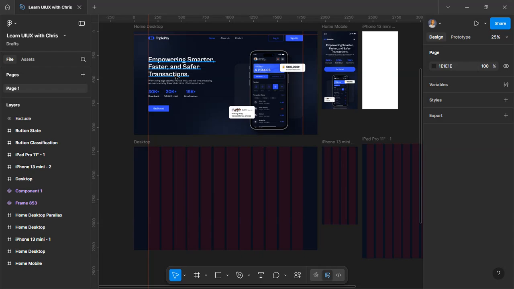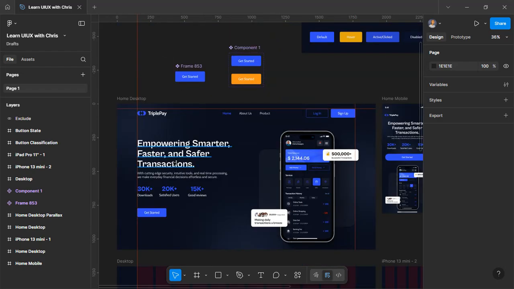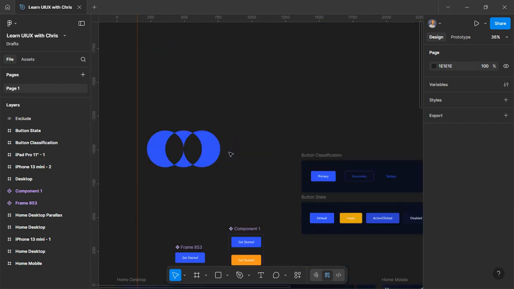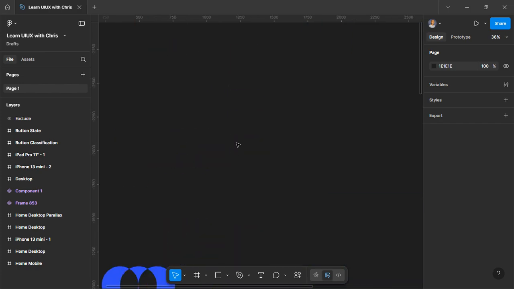Okay, so I want us to move over this text. But before that, there are things we need to consider. In terms of responsiveness, we need to consider constraints and we also need to consider auto layout, right? Let's just start with constraints, okay? So